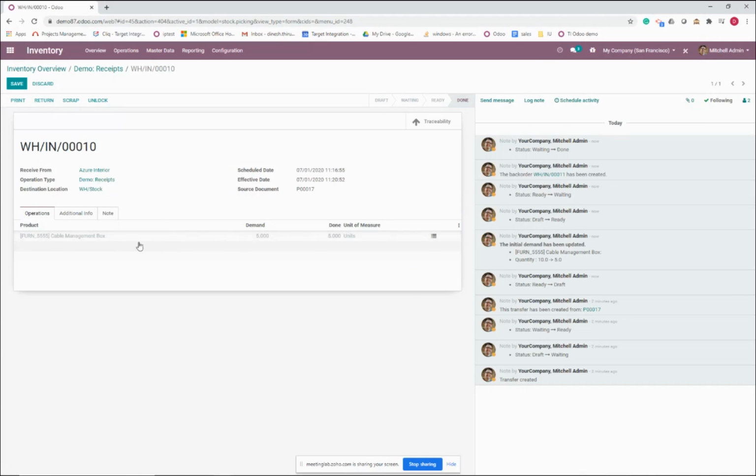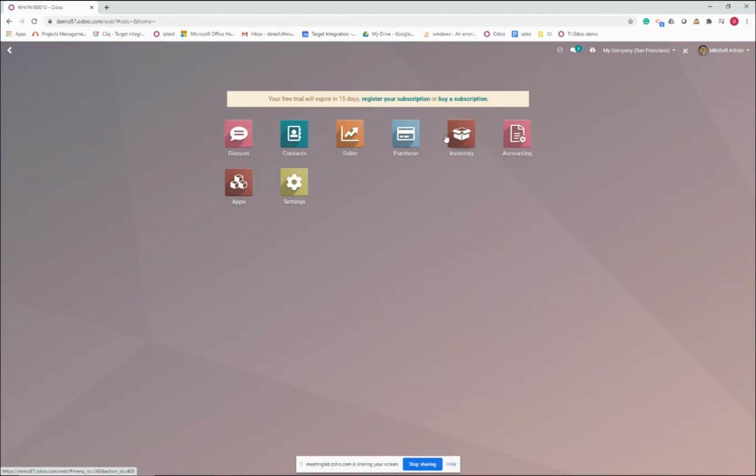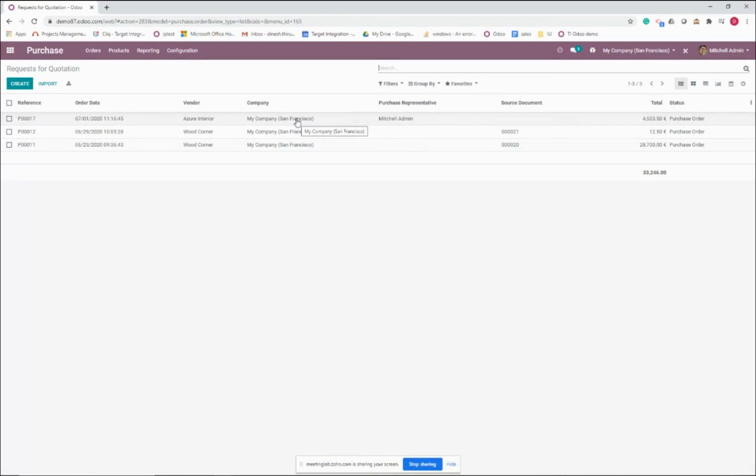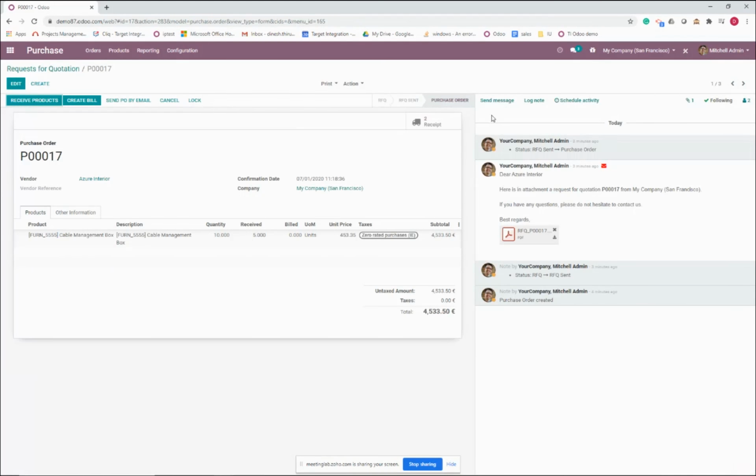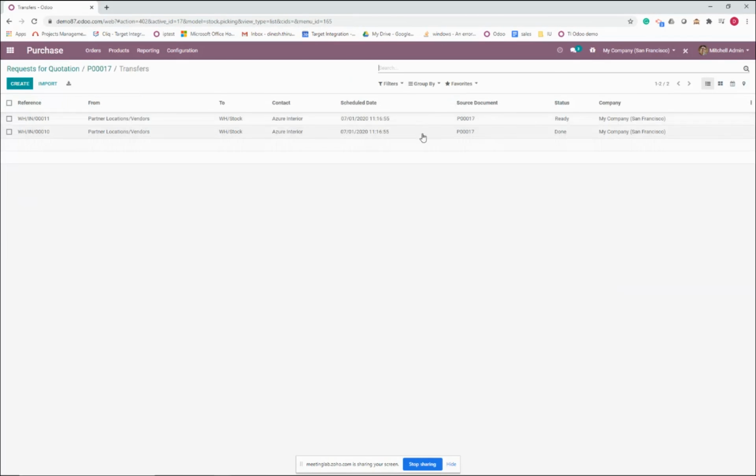So automatically, the first receipt has been received, and the initial demand was 5 and the done quantity was 5. So I'm going to the purchase order now, which I have created already. Here you can see this is the purchase order I created. The quantity which I ordered was 10, but I have received 5. Since we have created a back order, a back order is created automatically in Odoo,